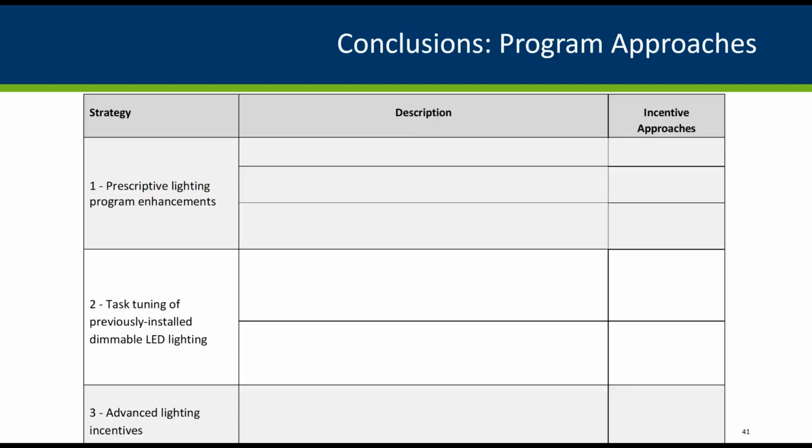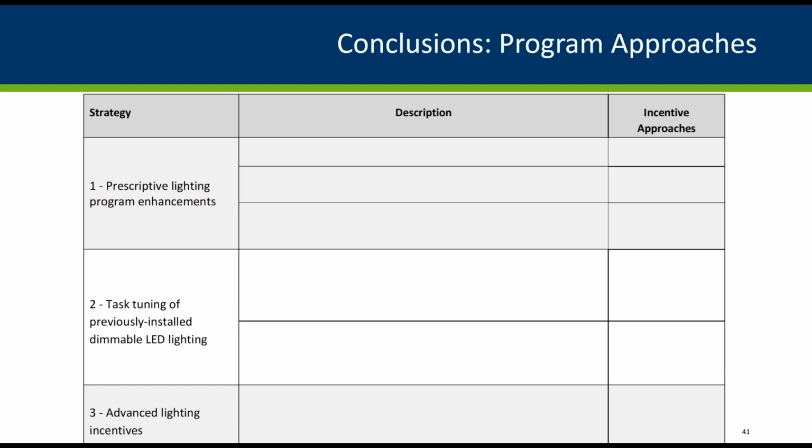In summary, there is growing potential in Minnesota to capture energy savings from advanced lighting control strategies. LEDs are inherently dimmable and are gaining market share. Additionally, building codes will further drive the market toward dimmable lighting systems. Today, even when dimmable lighting systems are installed, tuning the system is not standard practice, and many spaces are overlit